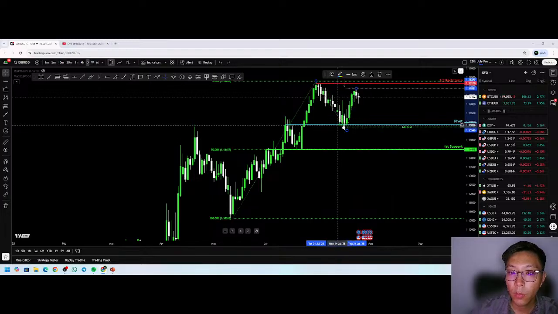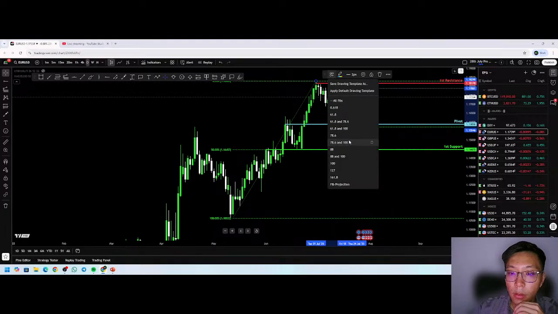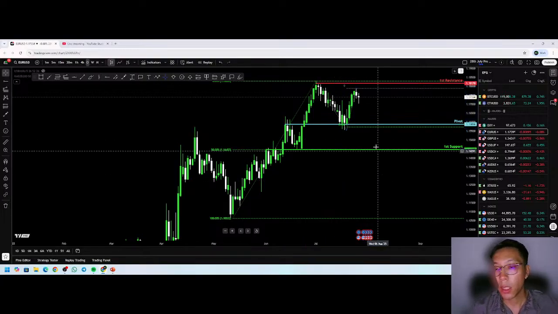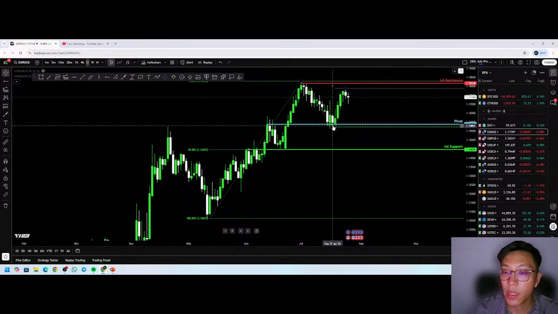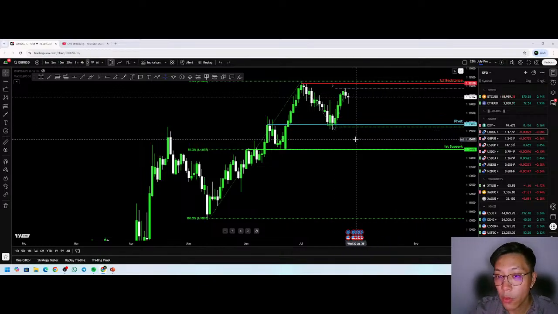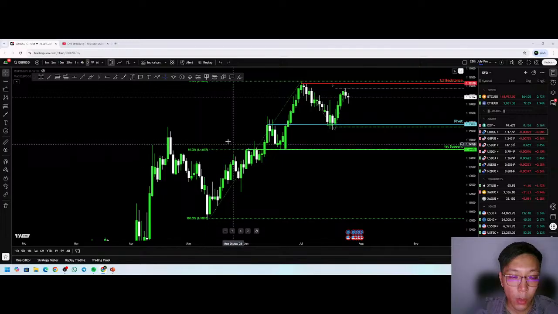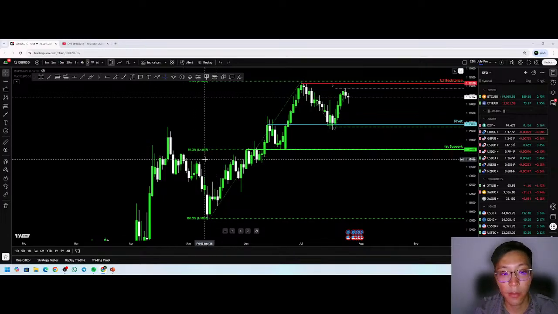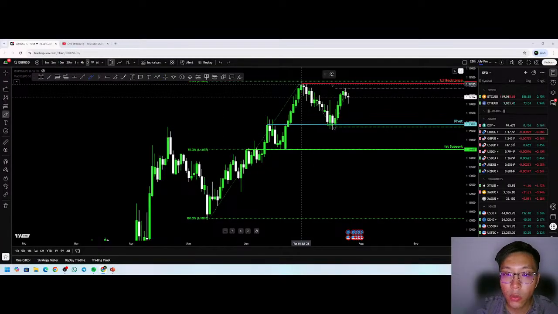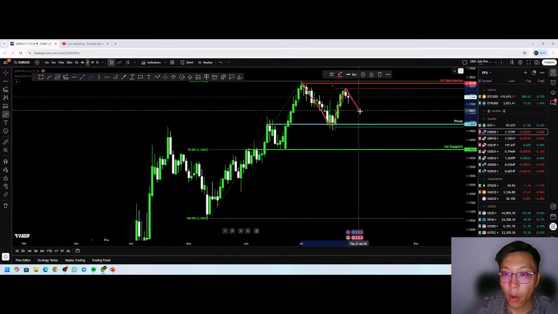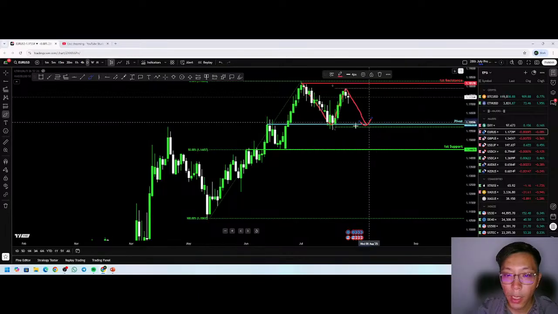Okay, 78.6. I think this is fine. 78.6 in 100. So our pivot point aligns with the 78.6% Fibo projection level, and then our first support aligns with the 50% Fibo retracement level. So we're expecting price to fall towards our pivot point, and then around this area right here,